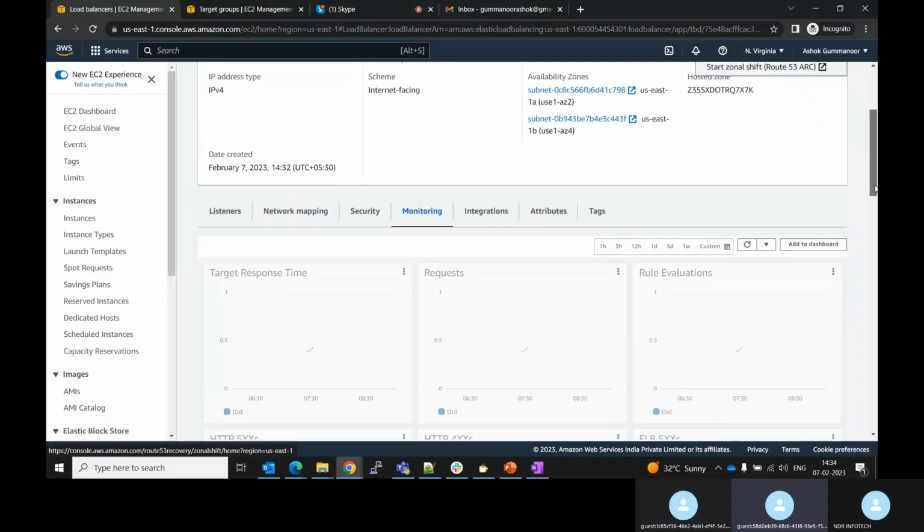Ashok, here the DB layer will be completely monitored by AWS, and only the application layer and web layer will be done by us. Is it, Ashok? Or everything will be monitored by us only? DB layer means,